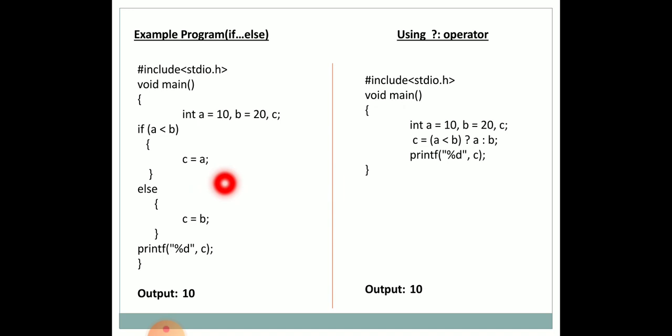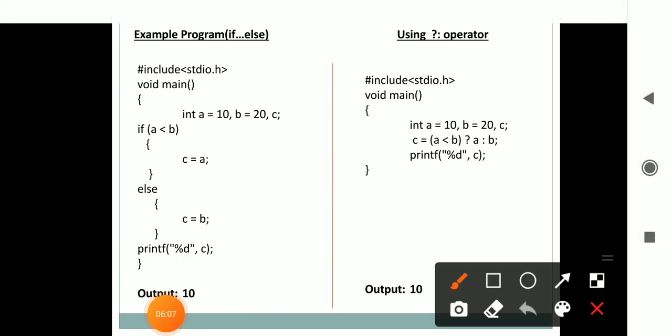Now c equal to 10, and this else part will not be executed, because as a equal to 10 and b equal to 20, a less than b condition is true. The else part of this program will not be executed, and the control of execution will be transferred to the statement printf %d comma c.